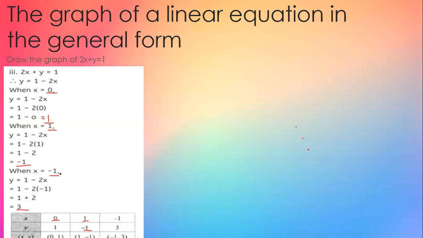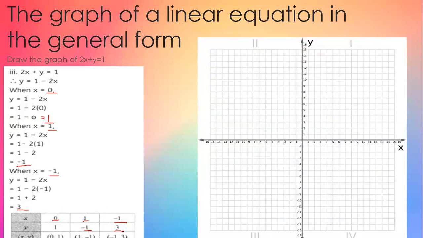So when you are assuming the value of x as minus 1, you will get the corresponding value of y as 3. So in the table you can see here I have written minus 1 and 3. This table will help us to plot this point on the graph paper. This is a graph paper. You can see we have x-axis, y-axis, and the origin also. Right? Now we need to plot this point on the graph.